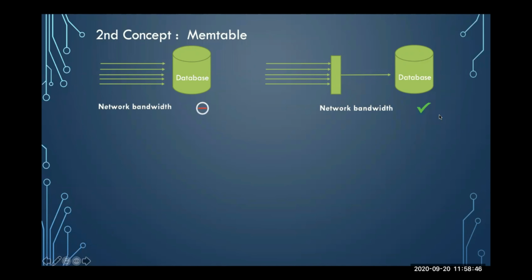Network bandwidth. So network bandwidth is definitely one of the plus point in the second approach because the number of network calls that we are making here to the database are way less. Coming to time and resources, the second one again wins in here because the number of IO calls that we are making is again way less, and the IO reply that we'll get from the databases is also way less. In here, we'll have to make n IO calls. In here, we are making just one IO call.